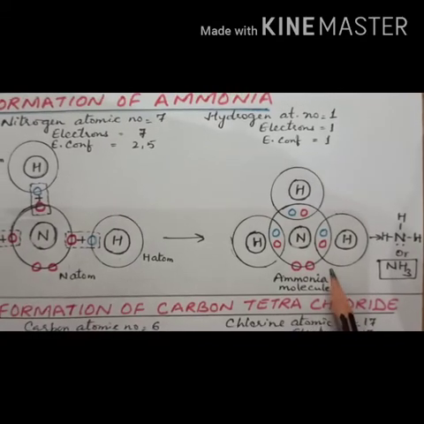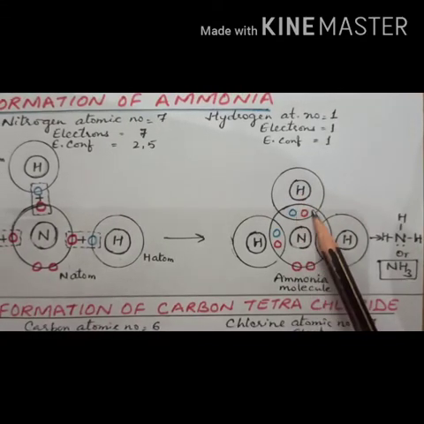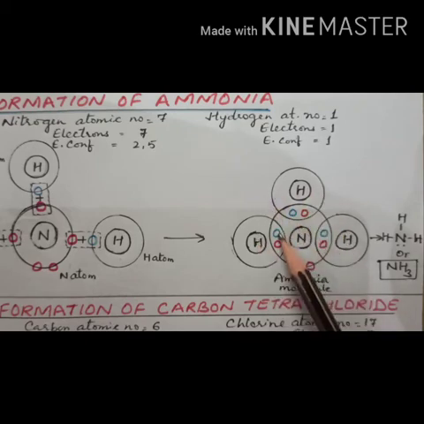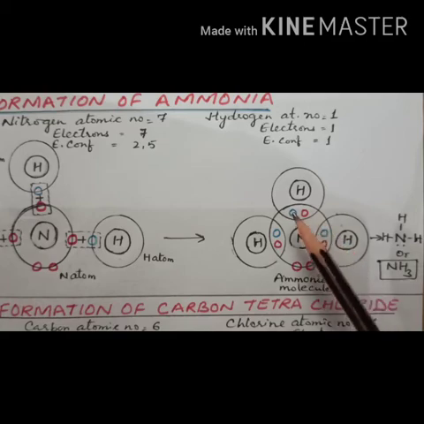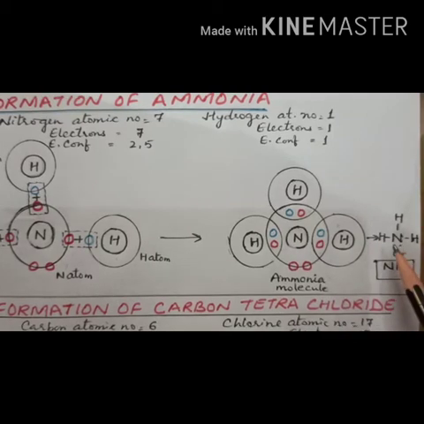In this ammonia molecule, just see, this hydrogen has 2 electrons, so it gets a stable electronic configuration. This hydrogen also has 2 electrons, this hydrogen also has 2 electrons. Right? So all these 3 are fully satisfied. Their outermost shells are fully satisfied. Now look at this nitrogen, also having 8 electrons. 1, 2, 3, 4, 5, 6, 7, 8. So its outermost shell is also fully satisfied. And in this way it forms ammonia molecule. And in ammonia, 3 single covalent bonds are there. 1, 2 and 3 single covalent bonds are formed, and the formula of ammonia is NH3.